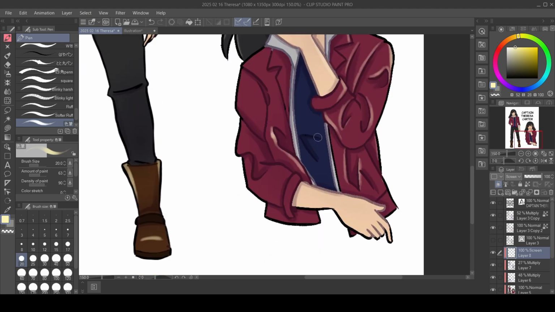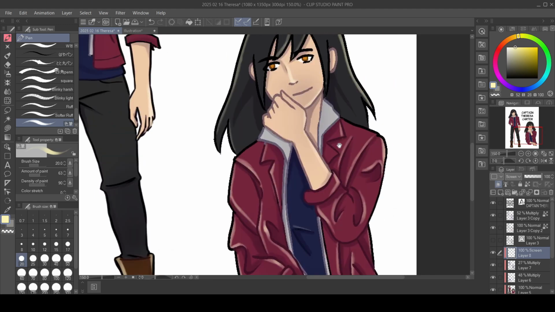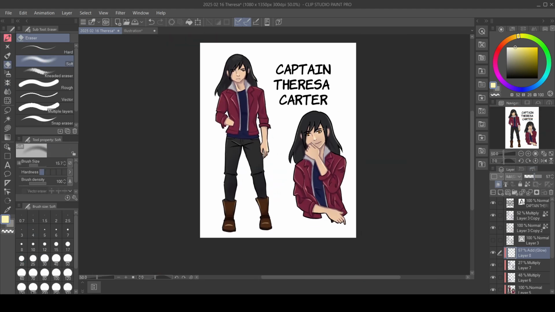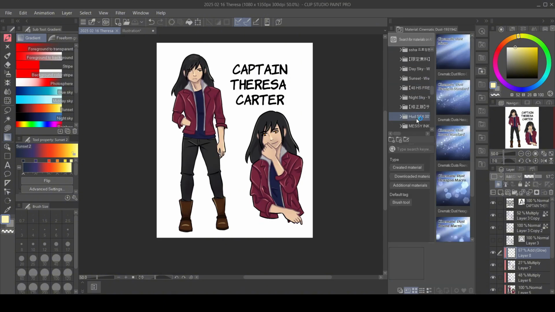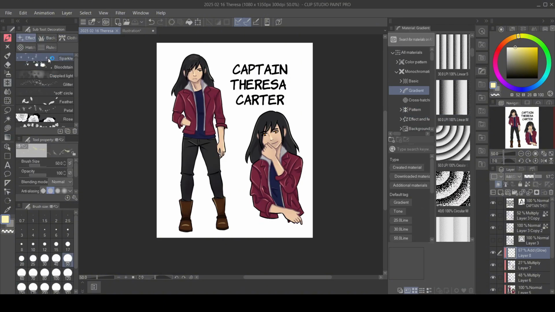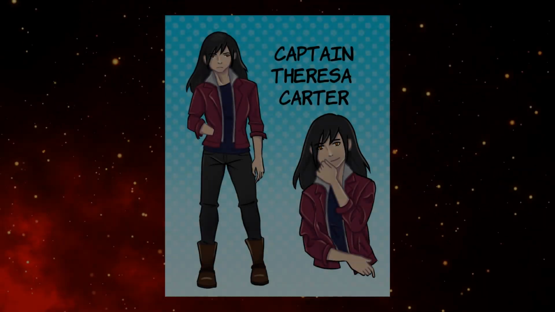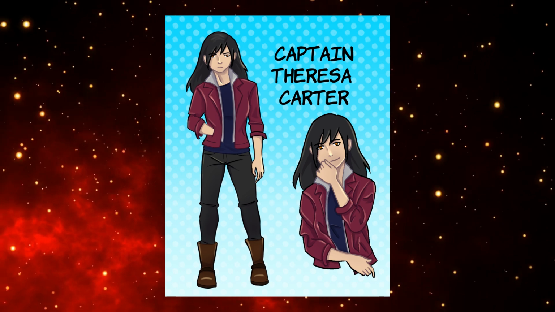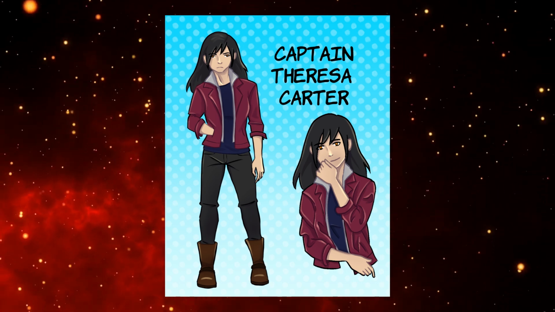So there's a whole lot of things, because like I said before, she sucks at this whole not destroying herself thing. But it really happens when she's alone. Once she's with people who are depending on her, she will do whatever she can to make their lives better. And that in turn also means she starts taking care of herself. So here is Teresa, and I hope you like her.